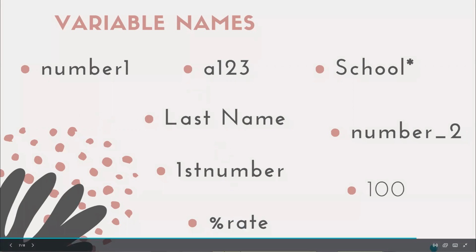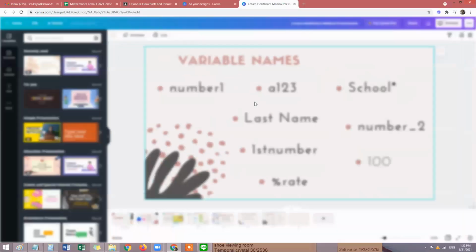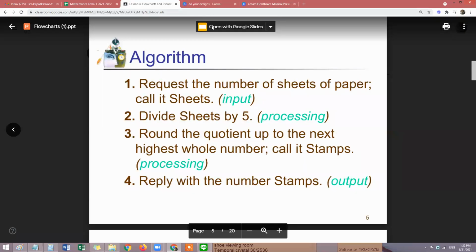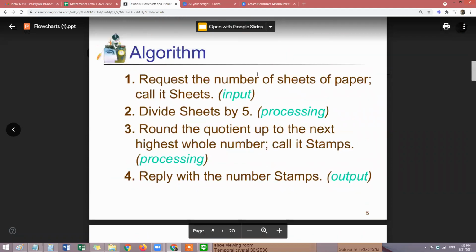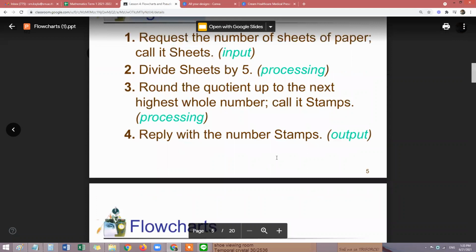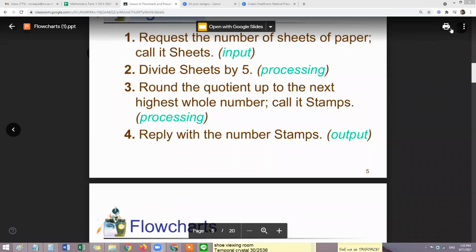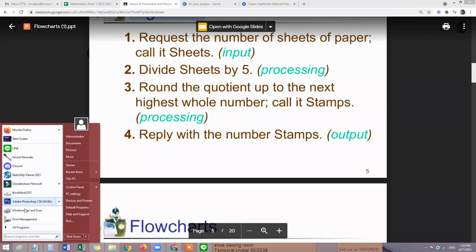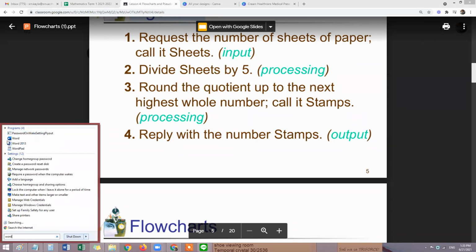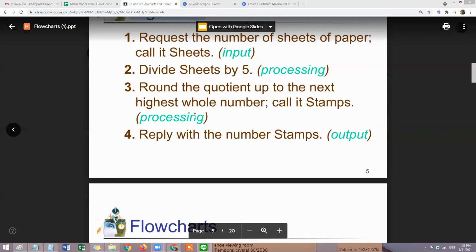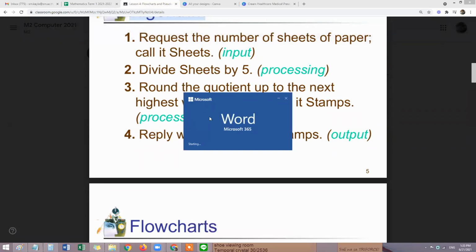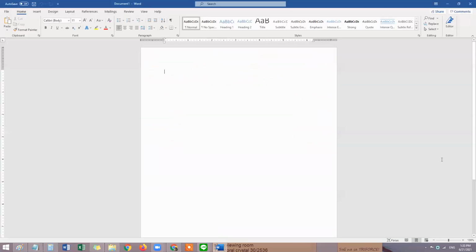So I think it's all clear how to name the variables. Now let's go back to your flow charts. So again, we need to do the algorithm first and then the flow chart. And algorithm is also the same as pseudocode. Since we're doing it online, I don't have a board and you don't have a notebook right now, but we can use Microsoft Word. So I will open a Microsoft Word file. And then in Microsoft Word, there are some details on how you will create your flowchart.